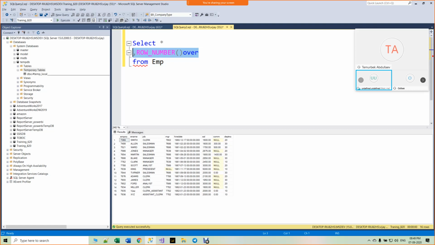How do we do that? Write a query to find out a salary for each department.